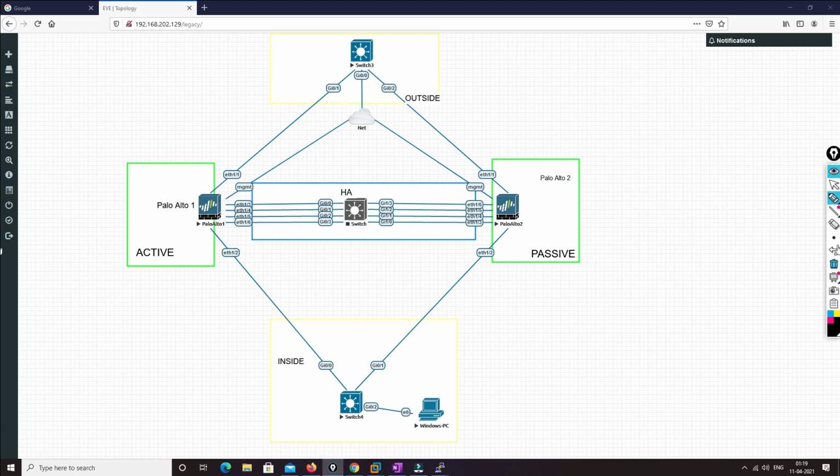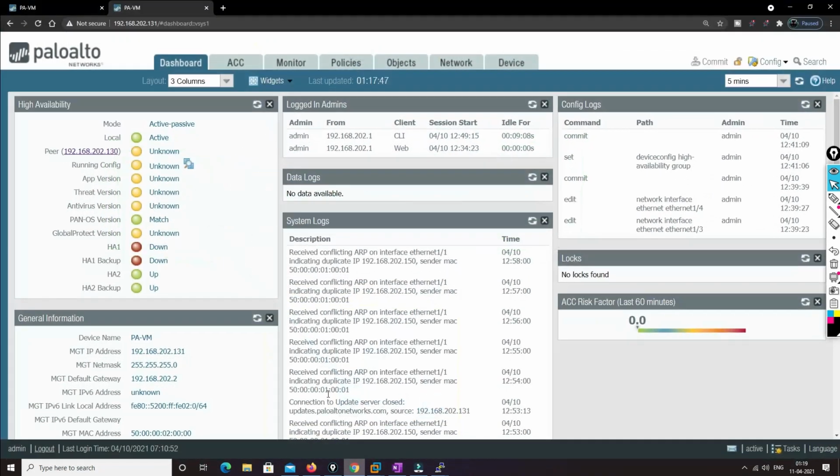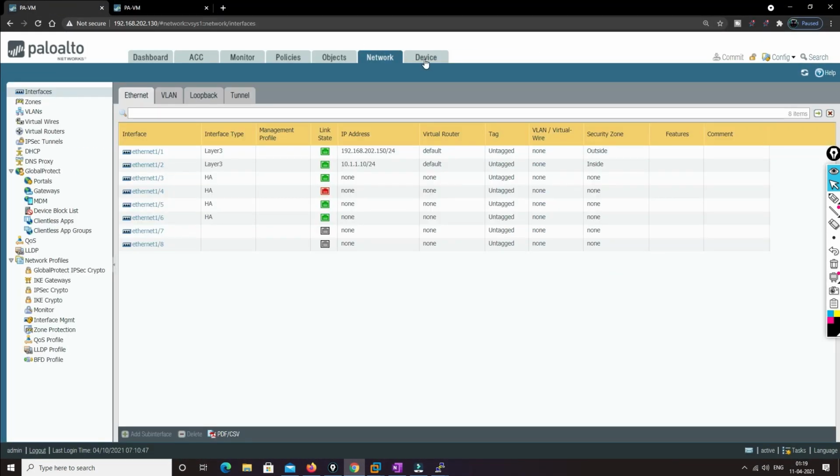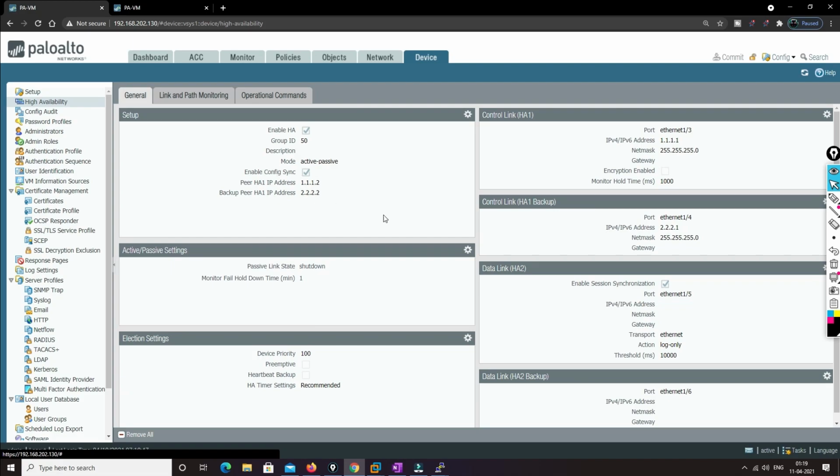Okay. So the first thing is we will be logging in to the devices. Okay. We'll go to the device. And we have a control link and we have a backup control link, as you can see over here, right? We'll configure this one. And the other way is to configure here as well.